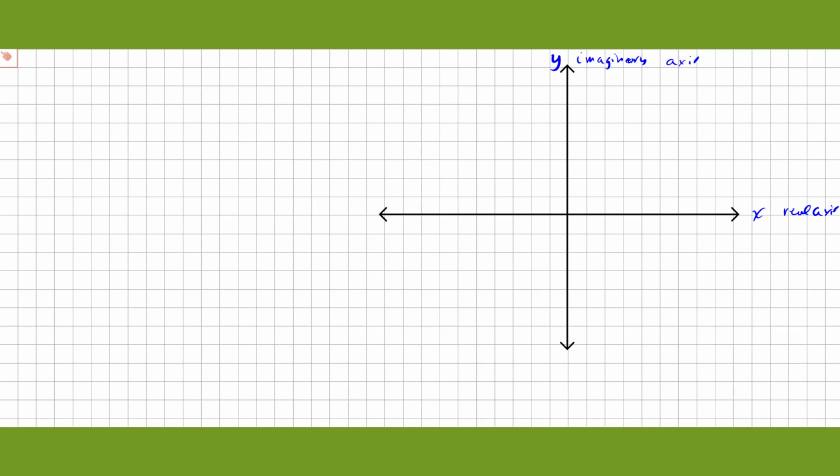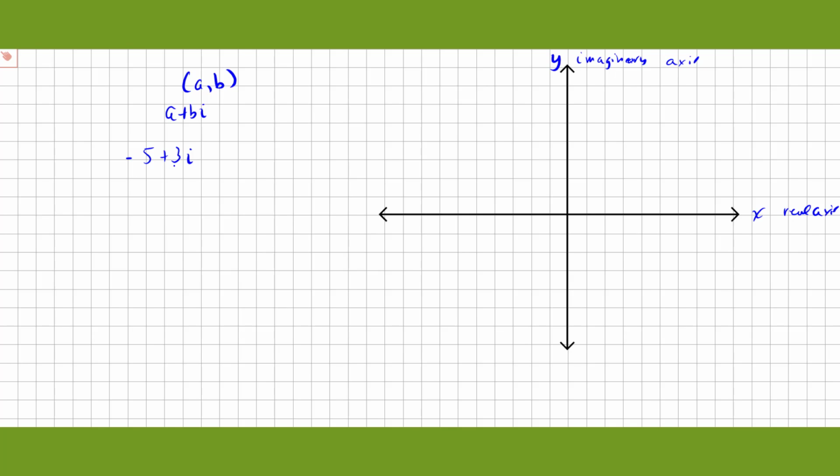All right, so we're going to look at the complex number plane. In the complex number plane, if I have a point a comma b, for example, that's going to represent the complex number a plus bi. So to graph a complex number, we locate the real part on the horizontal axis and the imaginary part on the vertical axis. So let's do one. If we have, for example, negative 5 plus 3i, and we want to graph that,